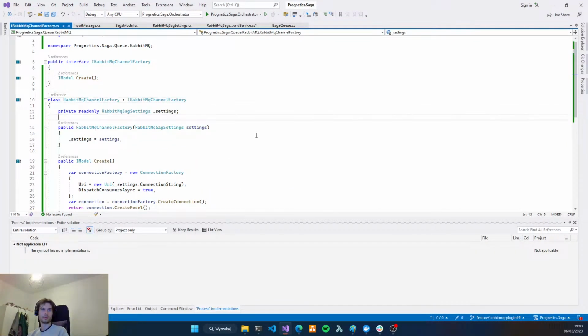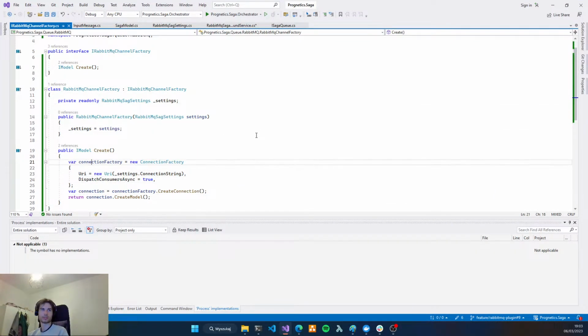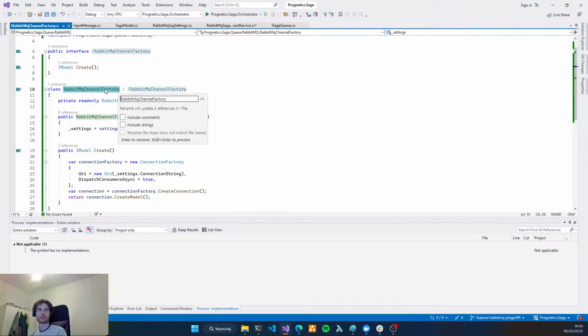What about disposing this connection, connection factory? Connection factory is not needed, but connection. Yeah, it should probably be not channel factory, but connection factory.